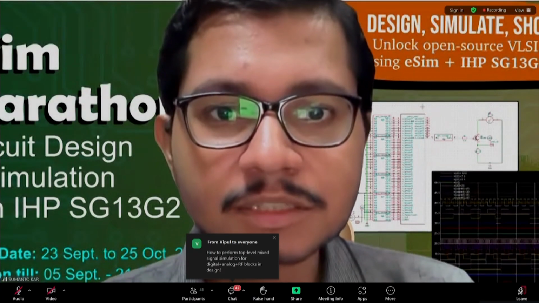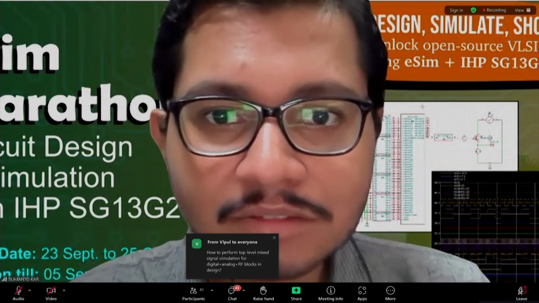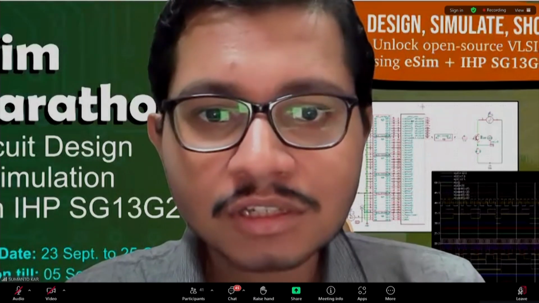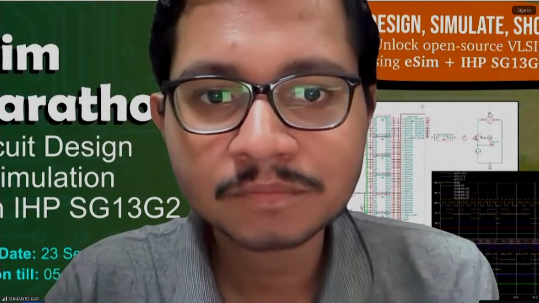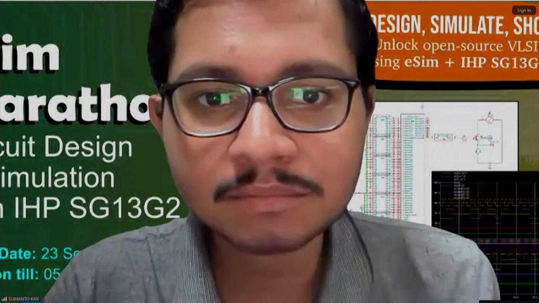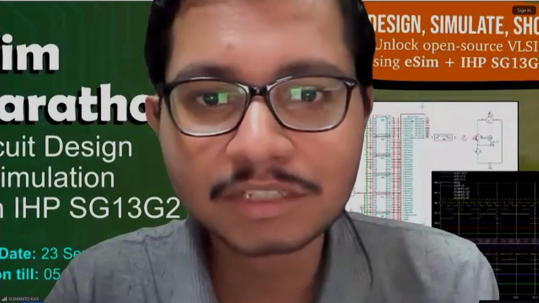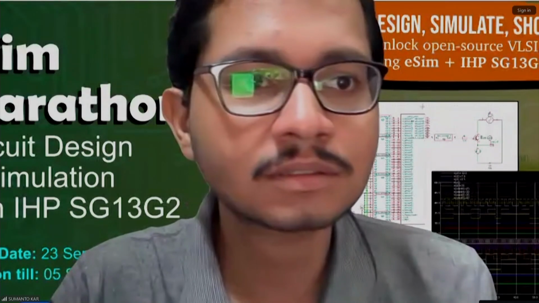Anything else, participants? How to perform mixed-signal simulation for digital, analog and RF blocks and designs? I would like to answer for digital plus analog. We already have the feature available in eSim by combining ngSpice and Verilator, but for RF blocks, I would want Vladek to answer. It's always a question what you mean by RF blocks.